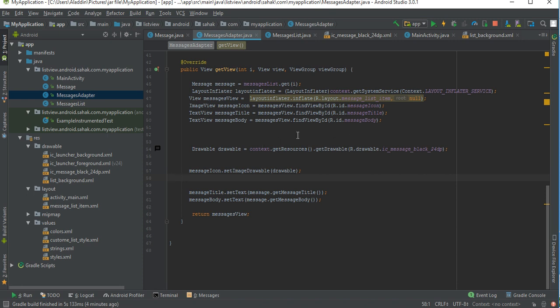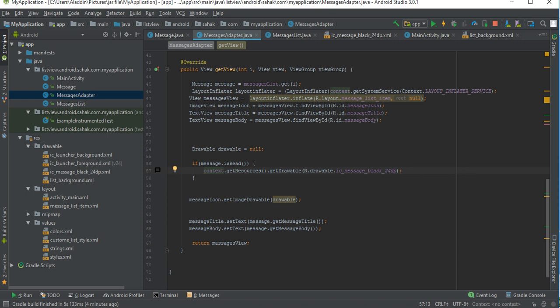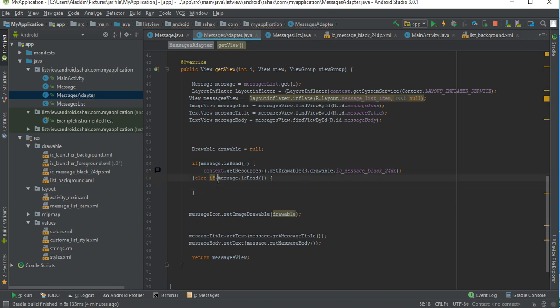and let's get drawable. Let's make it null, and if message.isRead, if it's true, so we will get the black icon, else if message.isRead is false, we will get the other one. Okay,